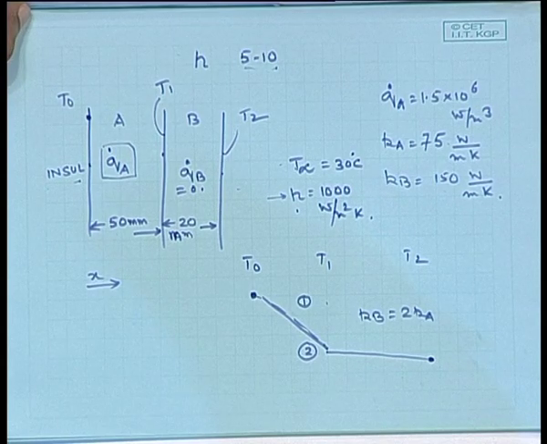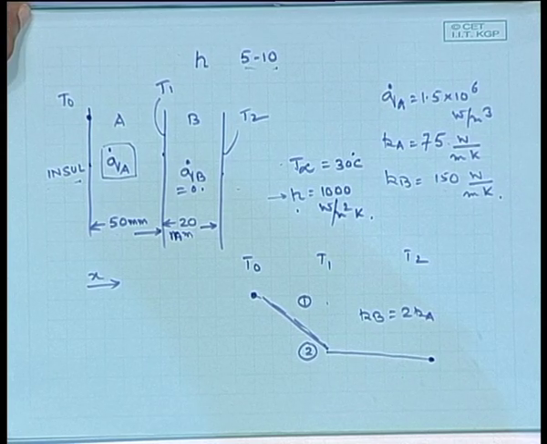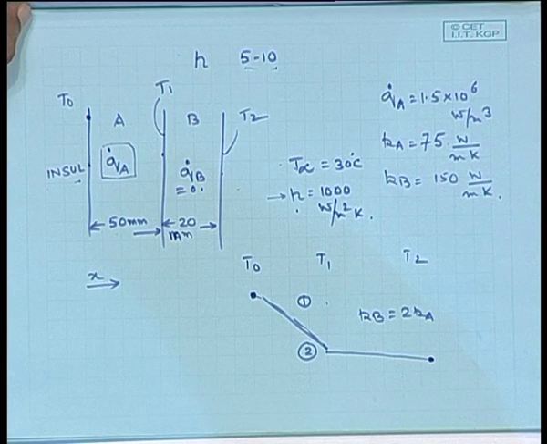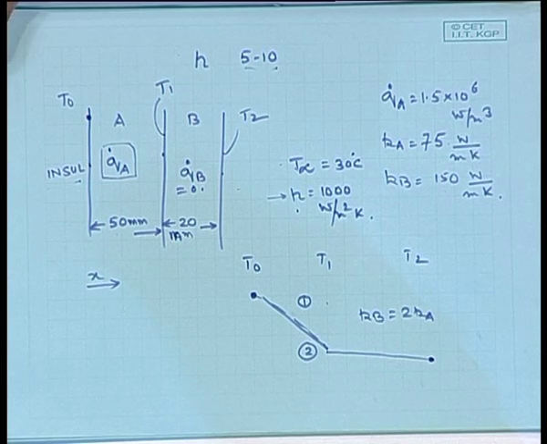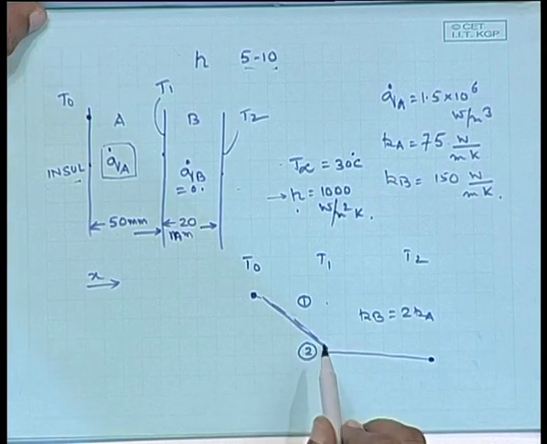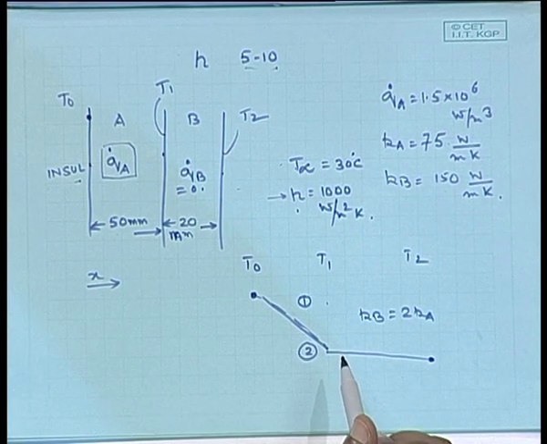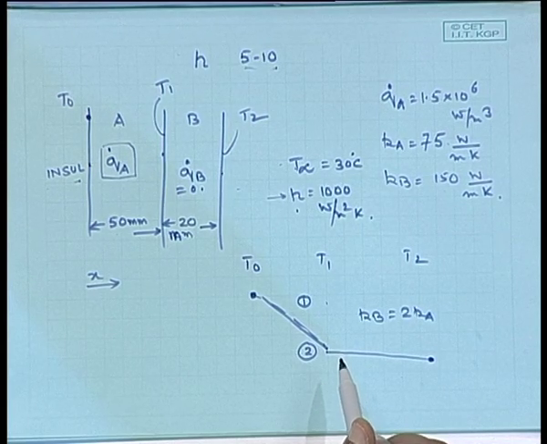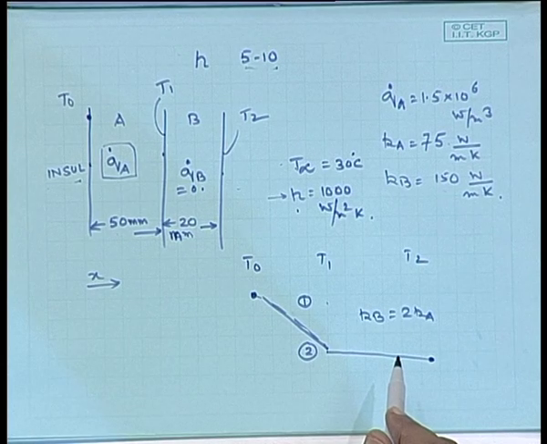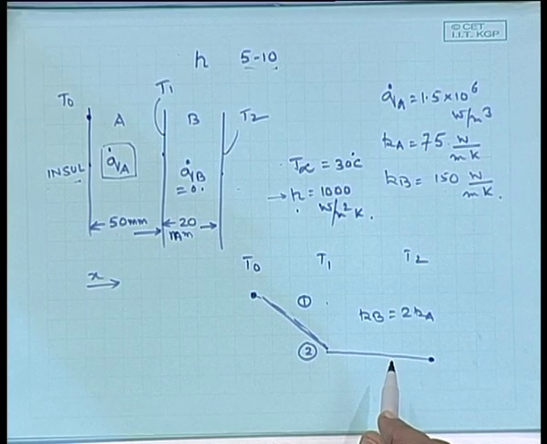Now, when you have heat generation in A, what changes are you going to make? Is it going to be a symmetric parabola or an asymmetric parabola? It's going to be more towards T0. Is it going to be a parabola? It's going to be a part of a parabola. Anything else about the shape, without solving the problem, that you can say?